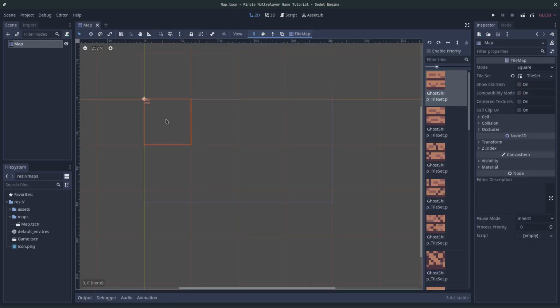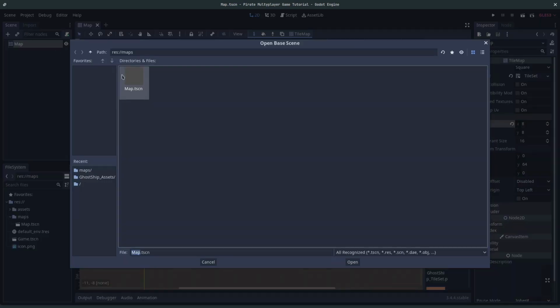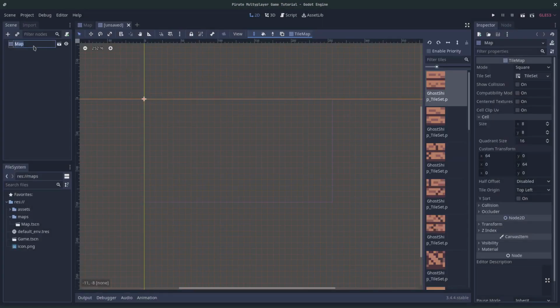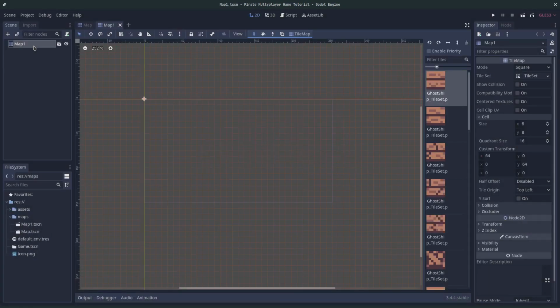By default, the cells of the tile map have a size of 64 pixels. To be able to place the tiles one at the side of the other, change the size to 8 pixels. With the tiles ready, it's time to start creating the map. But wait a moment, not in this scene. Create a new inherited scene from this scene and create the map in this new scene. This way, we can inherit the map scene every time we want to create a map and we don't have to create the tile maps each time.